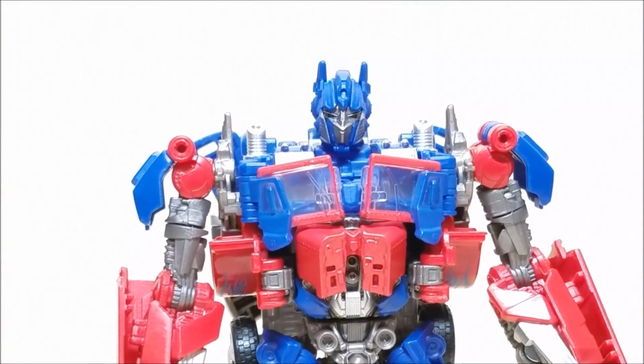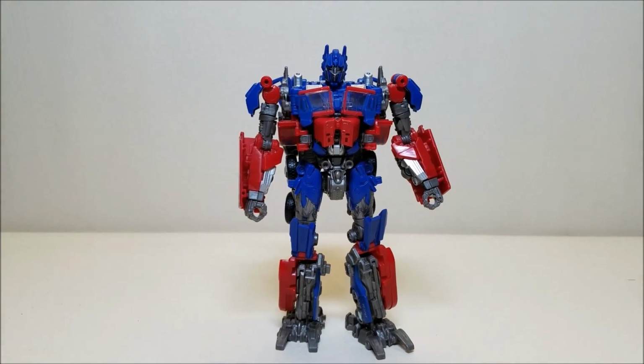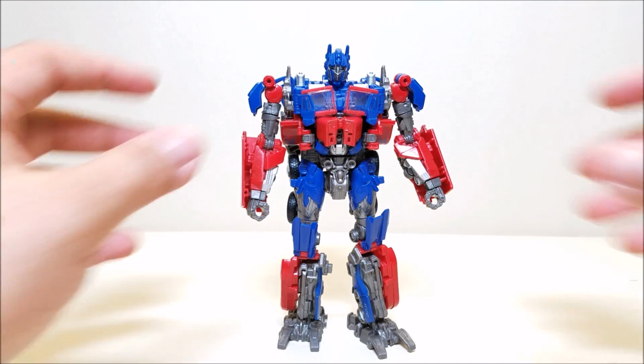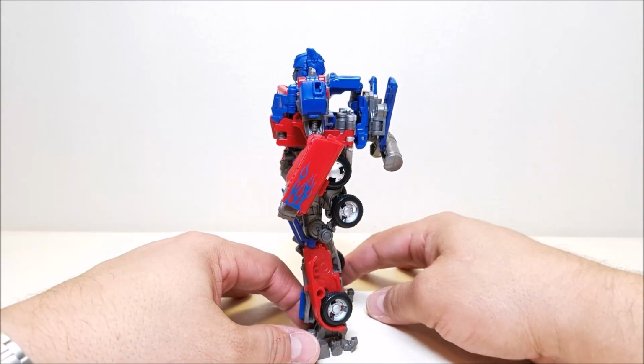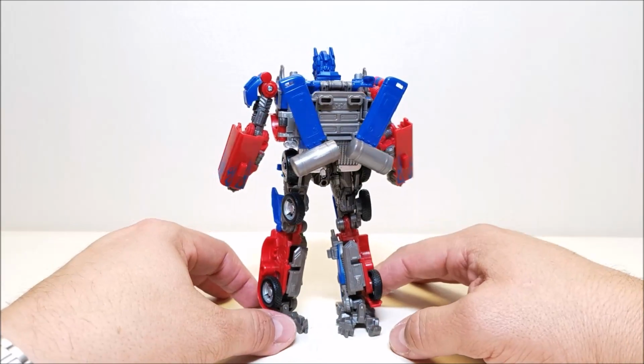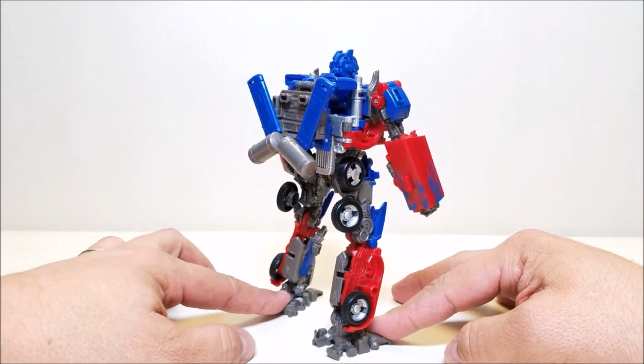Looks really, really nice. So, a couple more comparisons real quick. Let's get this guy back in center here. Let's take a look at him all the way around real quick. Just one more time so you can see all the detail all the way around. I think that the back on this guy is cleaner than on the previous one. I really like the way that looks